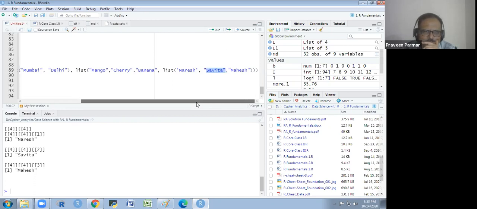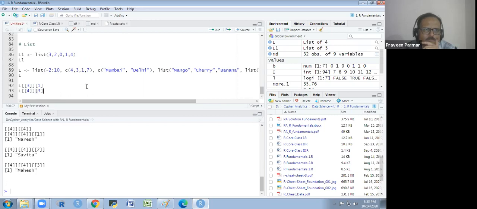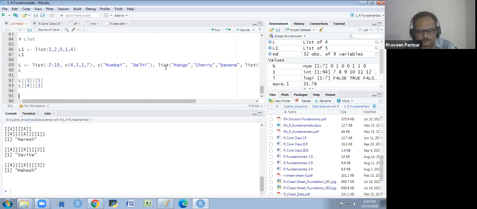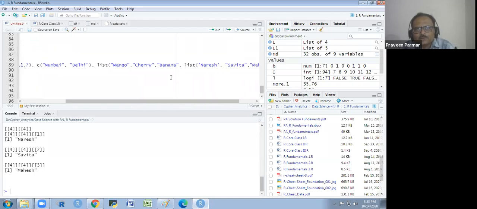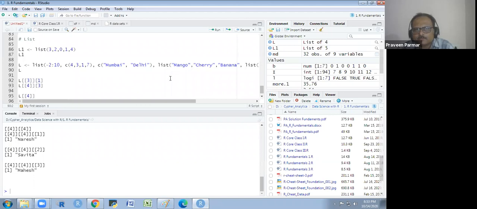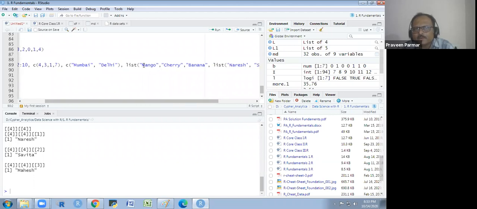What will I do? It is the first, second, third, and fourth. So first I will write fourth. In the fourth, it is 1, 2, 3, 4. Understand? In the fourth, it is the first sublist, second sublist, third sublist, and fourth sublist.